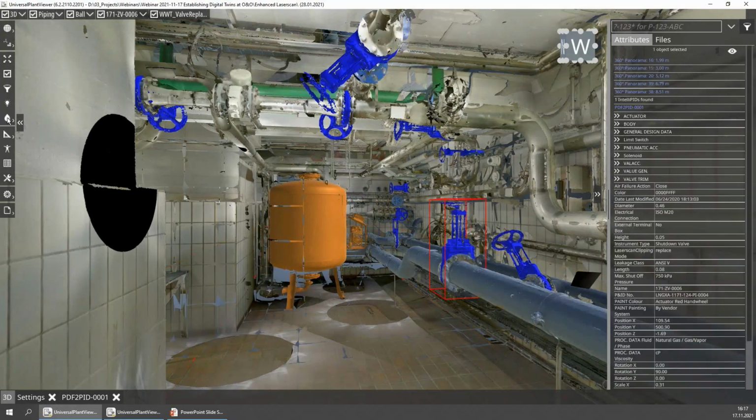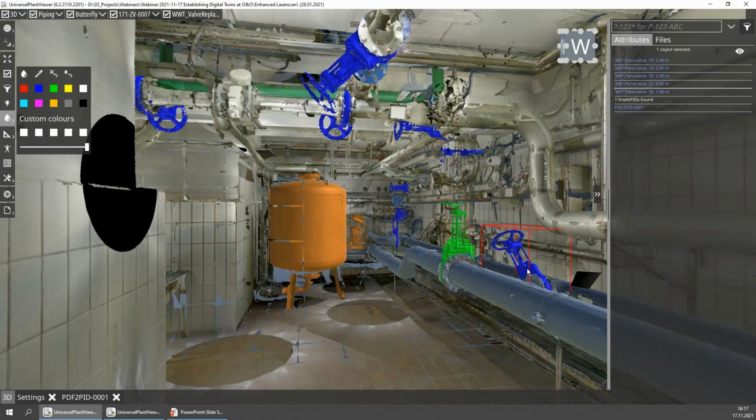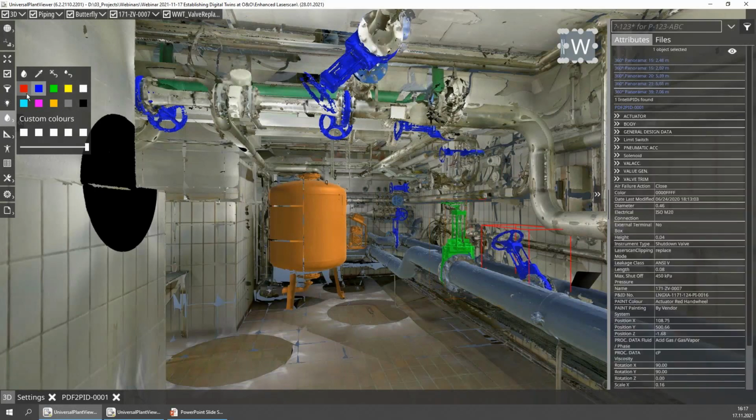I can, for example, colorize objects for defining their open or closed state. So let's say I would want this opened and this bypass between the two pipelines closed. So I could set up a visual information and a visual instruction how to actually